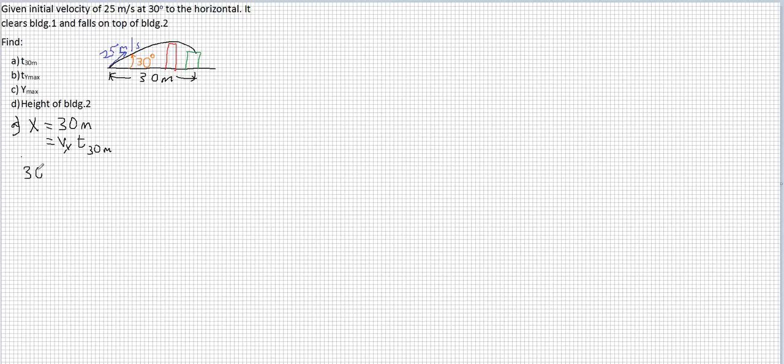So all I have to do is substitute Vx being 25 cosine 30. Remember we said in class the 25 cosine, because C for close, C for cosine, closing the angle. And if I'm opening, then it's sine. So in this case, what I found here is the Vx. I still have to multiply that by the time, which gives me t30 meters is equal to